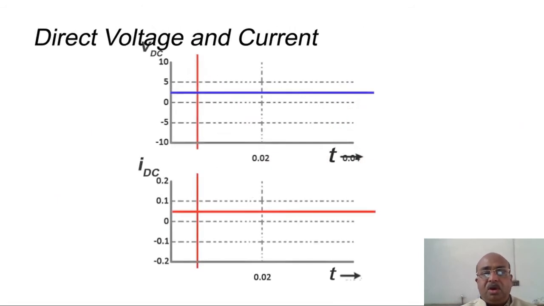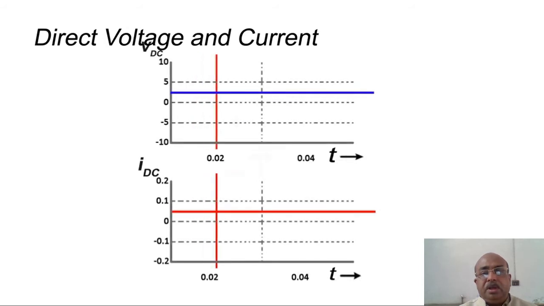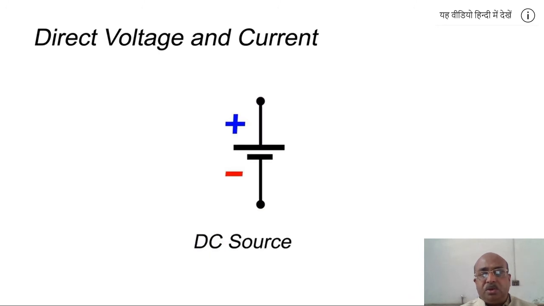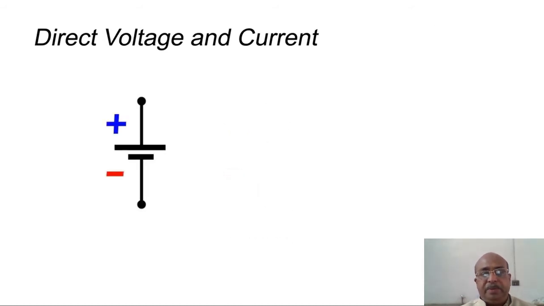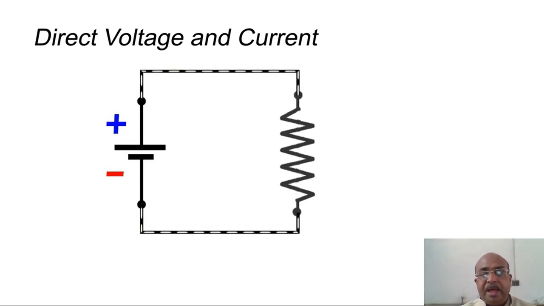Now let us have a look at direct current and voltage. You can see the humps are missing here. Only a straight line is observed, which shows there are no ups and downs, no changes, no reversing of polarity during the flow of direct current. So if we take a DC source, the polarity is fixed. The positive terminal and negative terminal don't change their poles with respect to time. They remain the same, as the case was different in our alternating voltage and current.